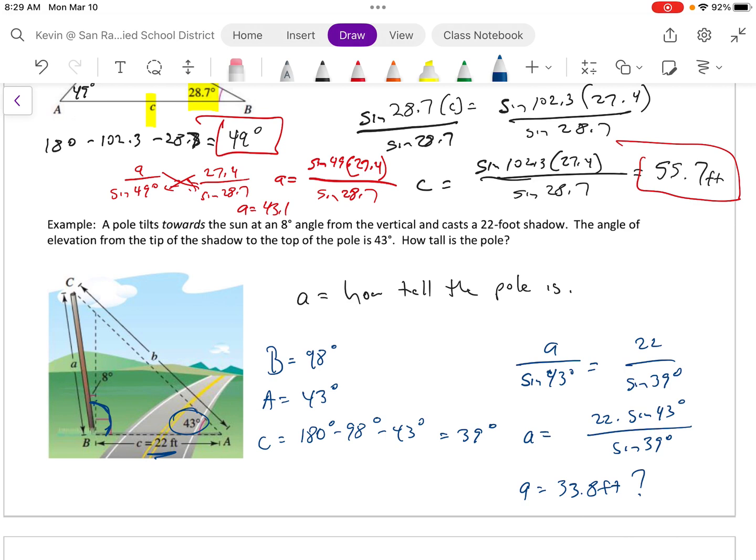And divided by sine of 39. Huh. I'm getting A equals 23.84, let's say 24 feet. The key says it's 33.8, so I don't know. I'm just using my phone, so maybe I'll double